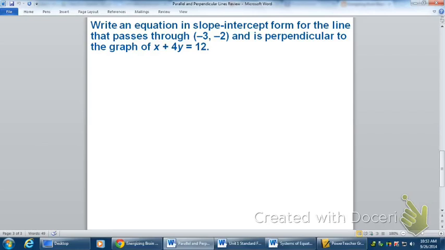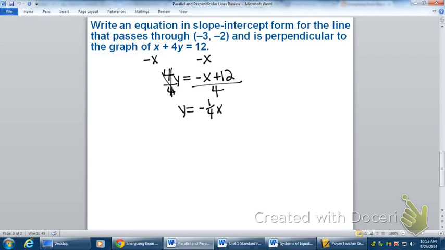Good job. Now, let's make this easy. First of all, let's put this in slope-intercept form. I'm going to subtract x from both sides. What I have left is 4y equals negative x plus 12. Last step, divide both sides by 4. Make sure you divide the whole side by 4. So our equation in slope-intercept form is negative 1 over 4 x,